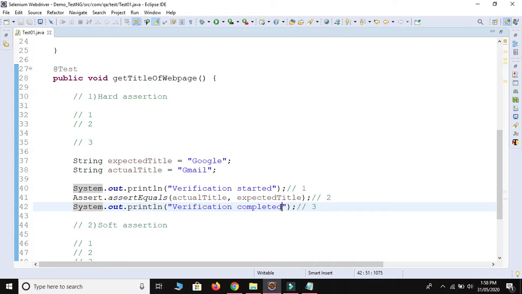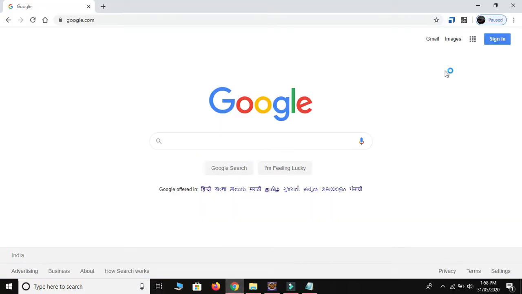Okay, this is the concept of hard assertion. Sometimes in a script we need to provide hard assertion also, because we have some dependencies. I will show you. If the Gmail web element is present on the screen, then and only then we need to verify the images web element. So we have a dependency of images on this Gmail web element.